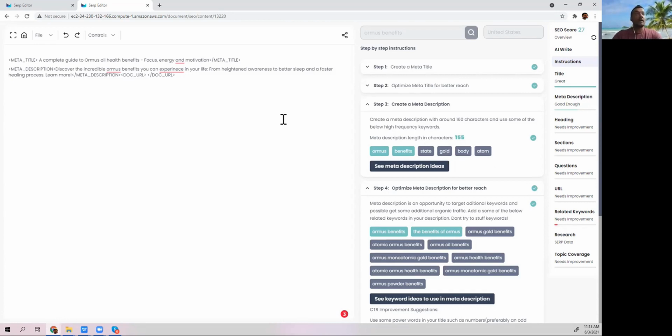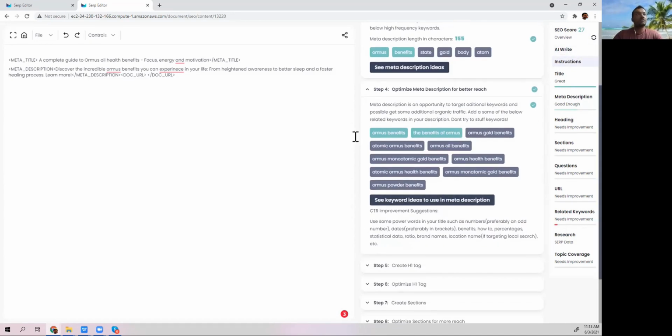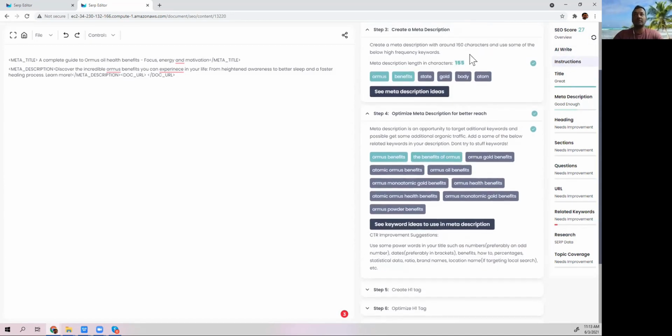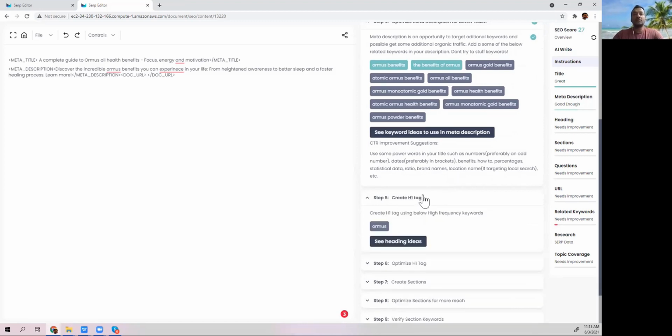So, okay, all right. So we have this here. You can go ahead and optimize this by going back to instructions and targeting some other potential keywords that you see. So our target is still less than 160 characters. So you can see, if you target some of these keywords in between somewhere here, you could easily reach there, and you potentially even target more keywords around it. So this is great. You can then go to H1 tag.